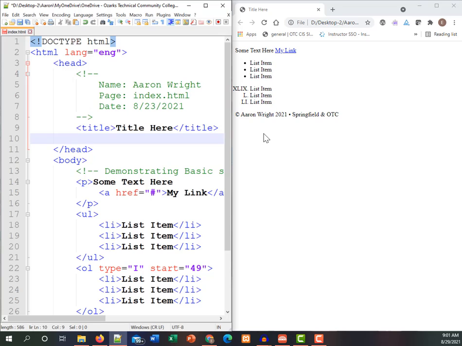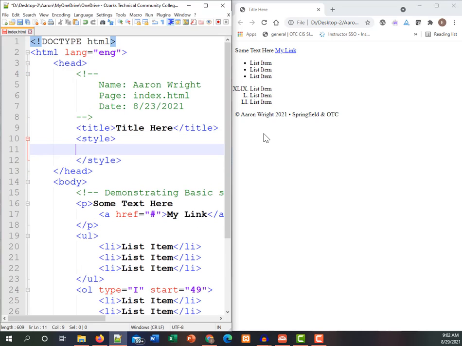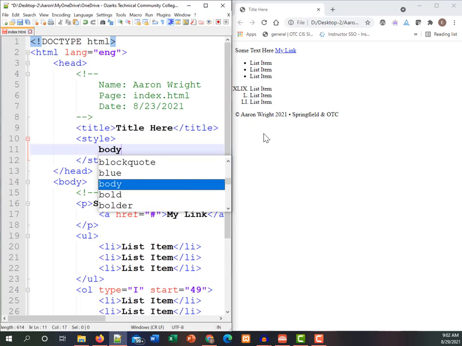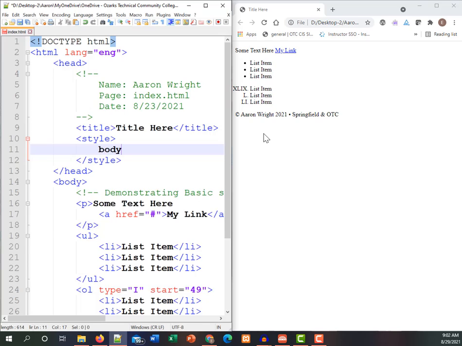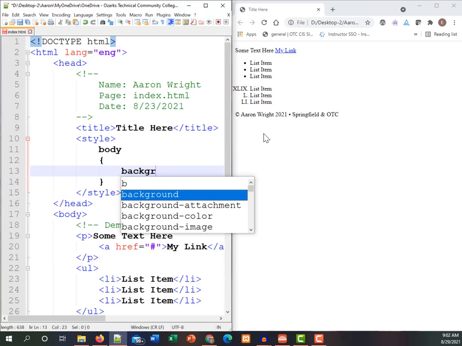So here in the head section below the title, I'm going to add this style tag. And then inside of here, I'm going to add a style for the body. And we'll take a look at these selectors and the way this is being done in another video. I just want to create this style so that we can see some of the differences in how we're including these styles and making things happen. So here I'm going to give this body a background color